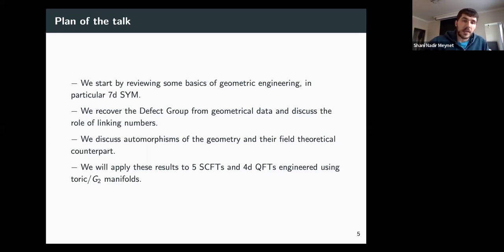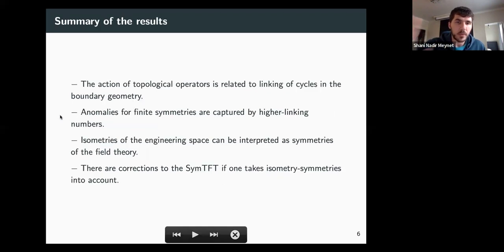I will also discuss automorphisms of the engineering space and how they can have non-trivial effects on the quantum field theory, can be related to non-trivial symmetries of the quantum field theory. And finally, I will then discuss more rich examples, both in 5D and 4-dimensional quantum field theory, engineered as well in M-theory using different kinds of geometries. As a summary of the main result of this talk, just to give the final punchline of what I'm going to discuss,